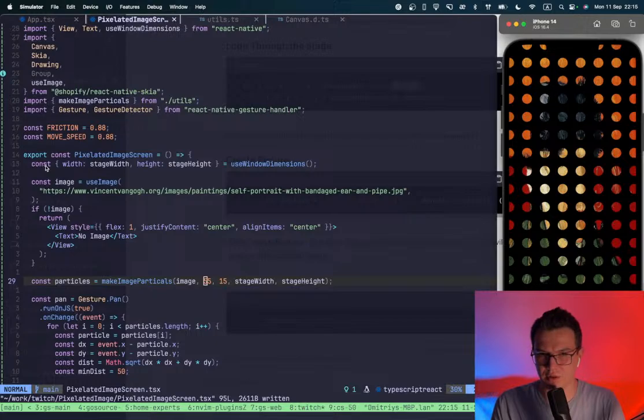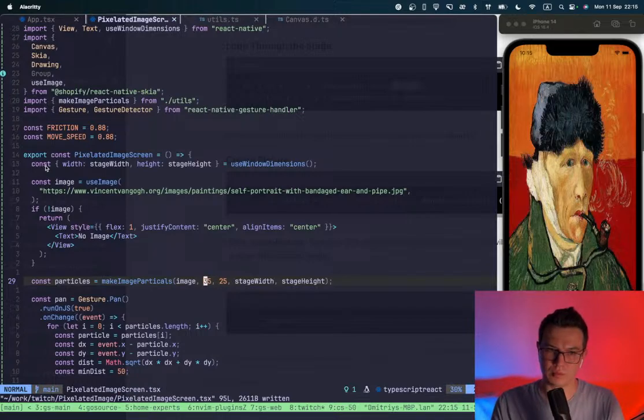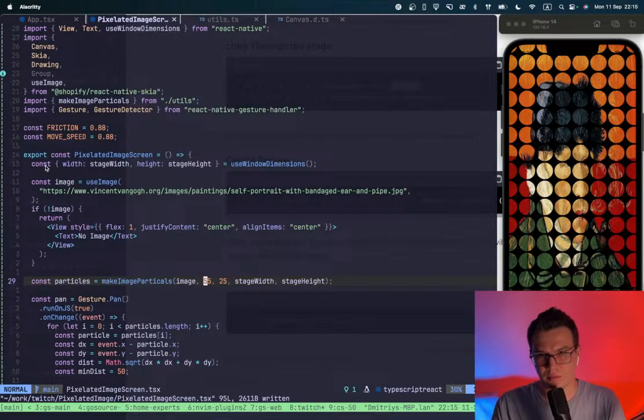So yeah, you see when I increase it, it actually increases the distance. But it looks like it's not between the particles, it's like between